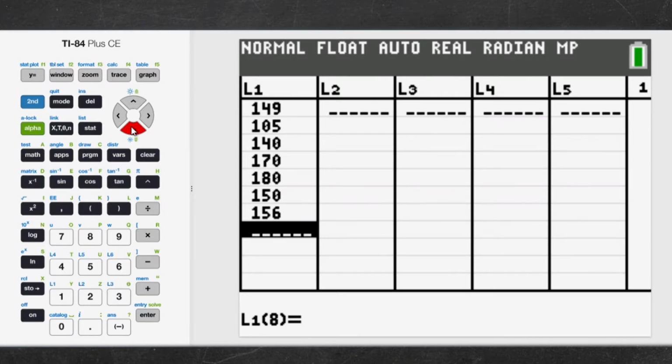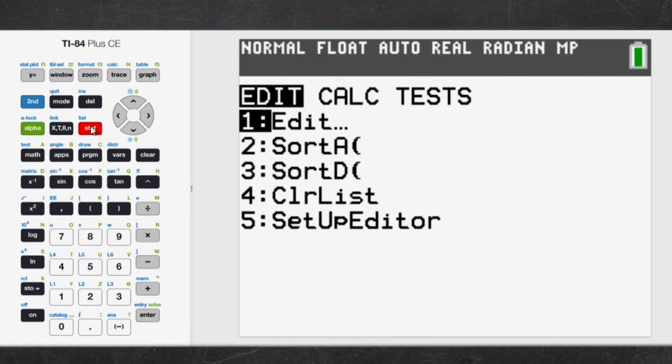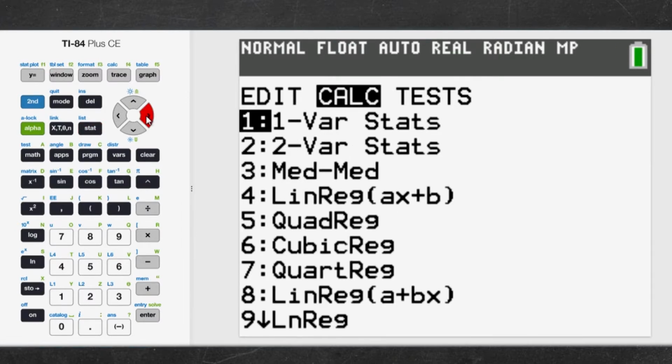You say, well, Ernie, now what do we do? Well, we are going to go to Stat again. That little Stat button is where we deal with lists, graphs, all sorts of great things. It's a wonderful place to be. And we go back to this thing called Edit. We're finished editing. Editing means we added numbers to the list. We fixed input things of that sort. What we want to do is something with them. So let's move over to Calc, and all of a sudden you've got these crazy list of menus here. That's why a graphing calculator is so much better than those other little things, because you got all these menus that tell you so many things you can do.